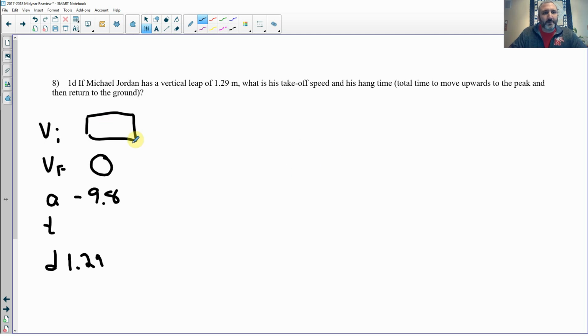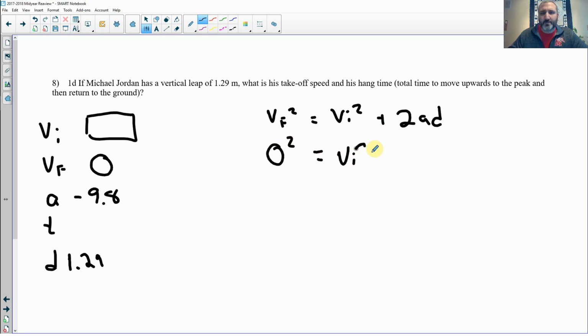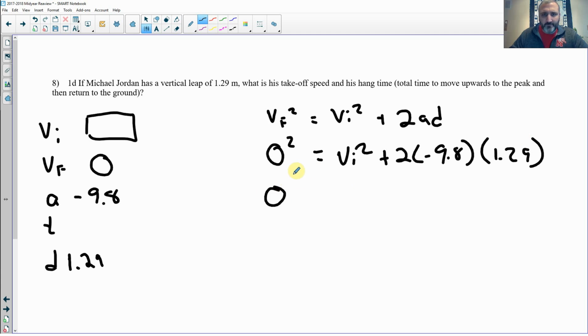Let's see. So the initial velocity is something. The final velocity is 0. Acceleration is 9.8. I think our best bet is going to be VF squared equals VI squared plus 2AD. So 0 squared equals VI squared, which we don't know, plus 2 times negative 9.8 times 1.29. Let's do a little bit of math. 2 times negative 9.8 times 1.29. That should be 0 squared equals VI squared plus negative